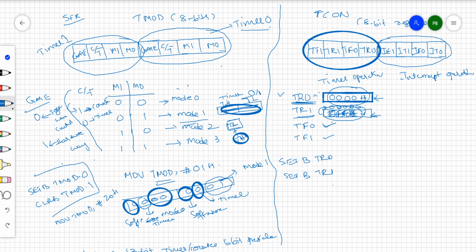These are the timer overflow flag 1 and timer overflow flag 0, which are set whenever overflow occurs in timer 0 and timer 1, right? That is taken care of by default, that is, the condition for setting the timer overflow flag is taken care of by the timers inside the controller, right?